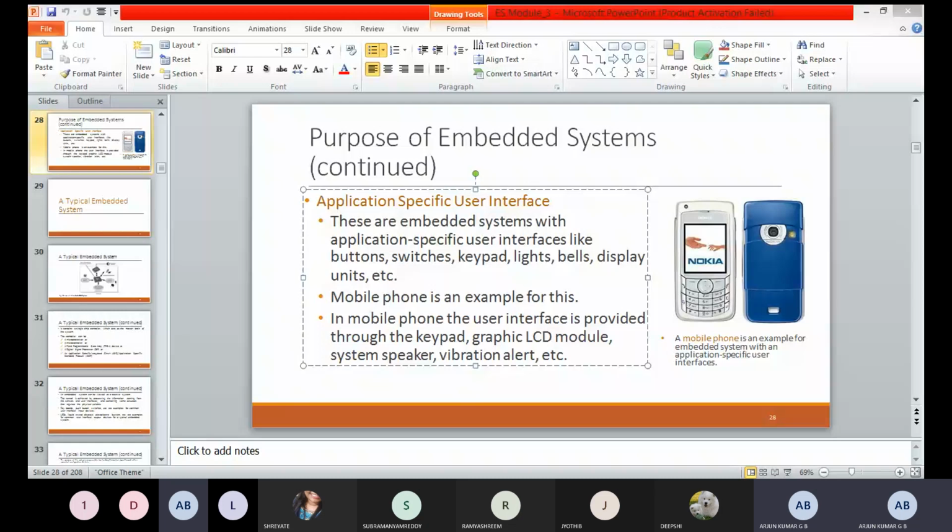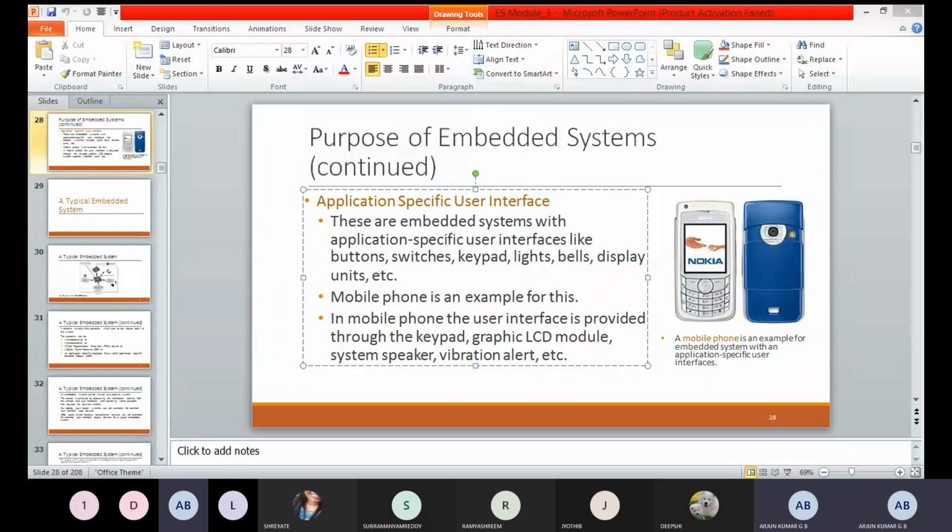Okay, we've taken home applications. Take an example, a washing machine: there will be buttons, and those also will be embedded, meaning connected with the embedded system: switches, lights, alarm, bell alarm. These are the user interfaces that will be connected to the embedded system. We need to interface these kinds of components by using the embedded system. That's the purpose of the embedded system: we should activate it to turn on, turn off the lights, or turn on, turn off the bells, alarms, or display.